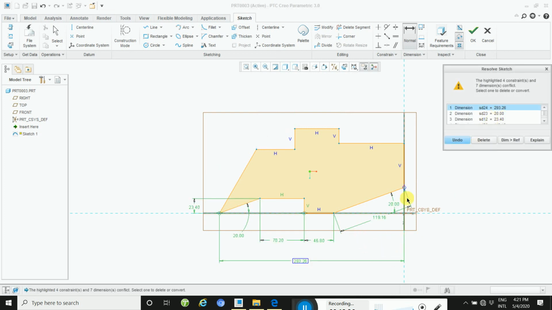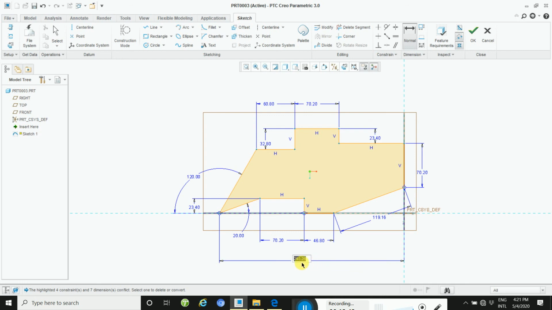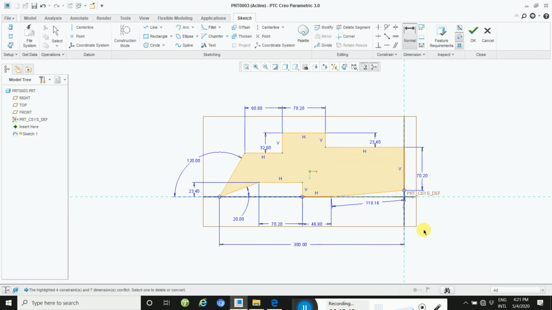This way you will define. So you need to delete this and then define the dimension 300. Okay, this way you will define. Normal is basically used this way.